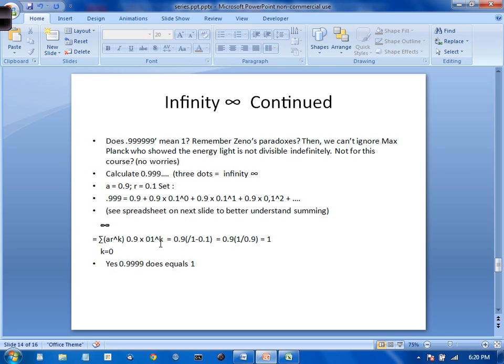So here we have taken this example, and we're proving it to be 1. We've just substituted it into our equation: 0.9 over 1 minus 0.01 equals 0.9 over 0.9, and if you factor out, you get 1. Yes, 0.999 does equal 1, and I think that's not too difficult to see. You can see this crosses out with this, and it leaves 1. So work that equation a few times, and if you've taken the course from me, email me and we can discuss it. I will present a slideshow with just this as a topic, but I'm trying to get you introduced to